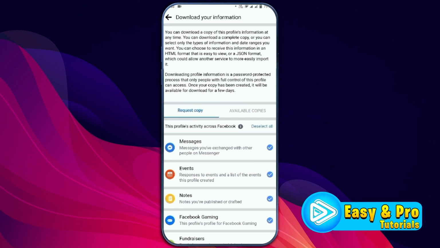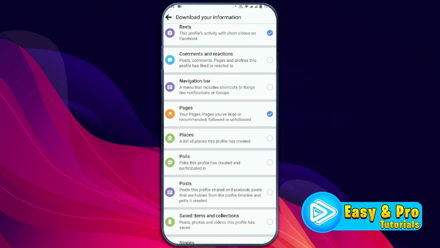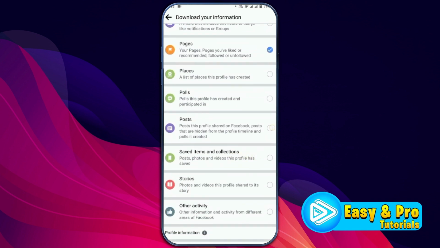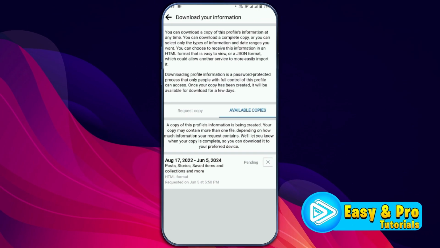After opening this, you can scroll it down. Here you can see all these options like messages, notes, Facebook Gaming. You can select what you want to recover. I am selecting this, and after selecting it, if you scroll it down, here you'll find this Create File. Click on that. It will take you to this page of available copies, and after a while it will start